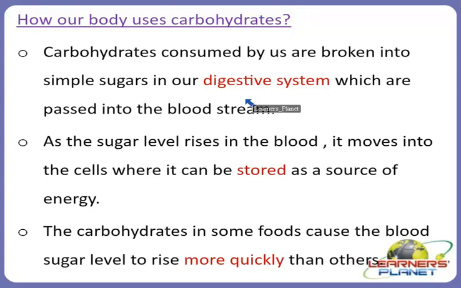And so we can say the carbohydrates in some foods that contain simple sugars cause the blood sugar level to rise more quickly than others, right? This can lead to health problems like diabetes and other heart diseases. So it is not good for us. So it's good to consume complex carbohydrates rather than simple ones like candy, right? You can consume complex carbohydrates like green leafy vegetables, oatmeal, whole grain, wheat bread, etc., rather than consuming candy, right? So we saw many things about carbohydrates.